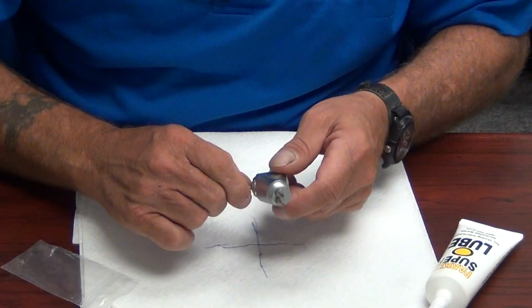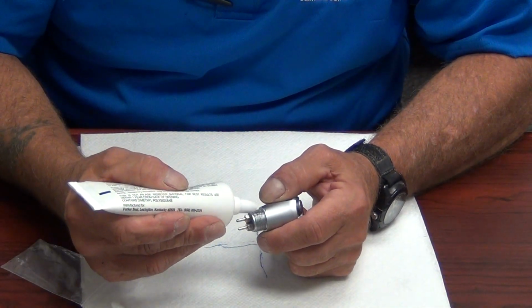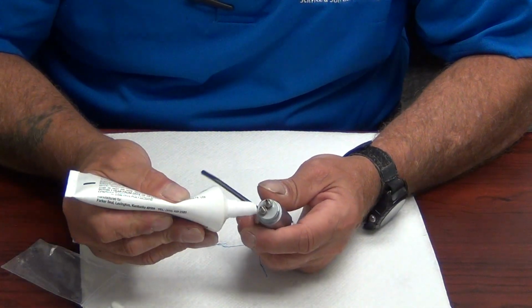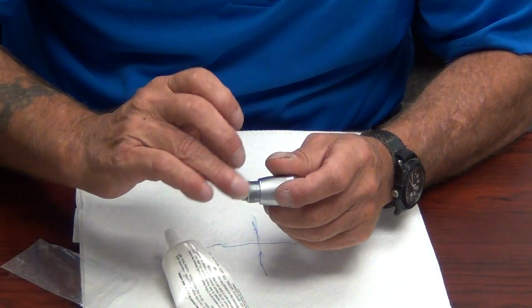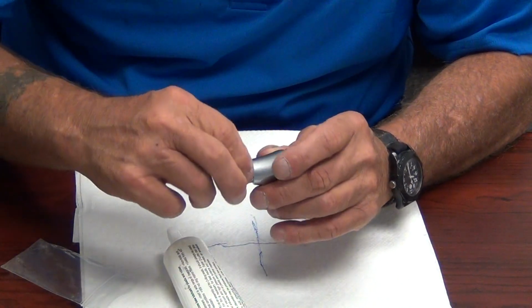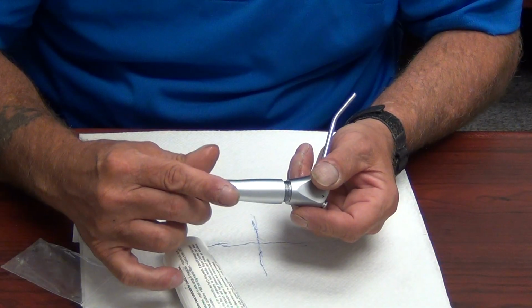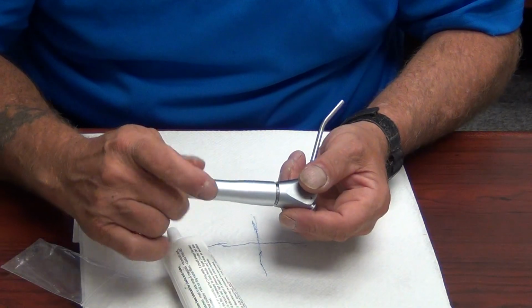Reinstall your tip. Now, ladies and gentlemen, I'm sure in the field I have run into it, and I'm sure you guys have too, where you cannot get the handle screwed off, where there's been some kind of galvanic reaction or chemical reaction where they use two light metals against each other. If you take a little O-ring lube or whatever you have and grease these threads, lube these threads, before you screw the handle back on,